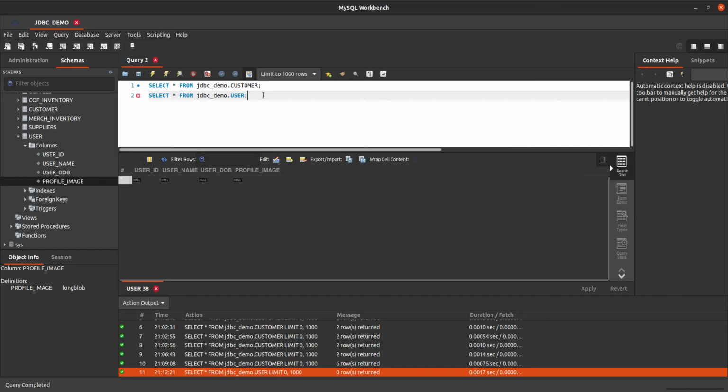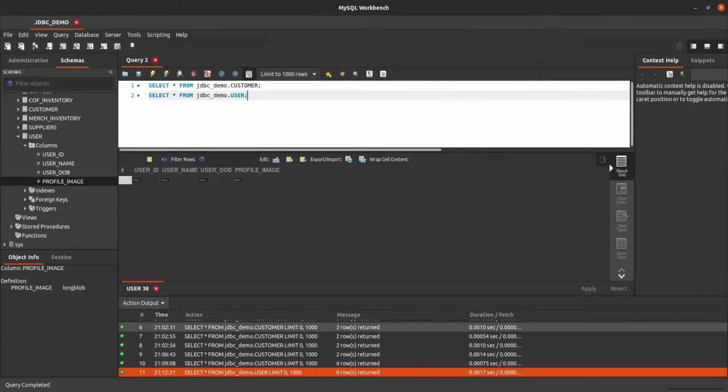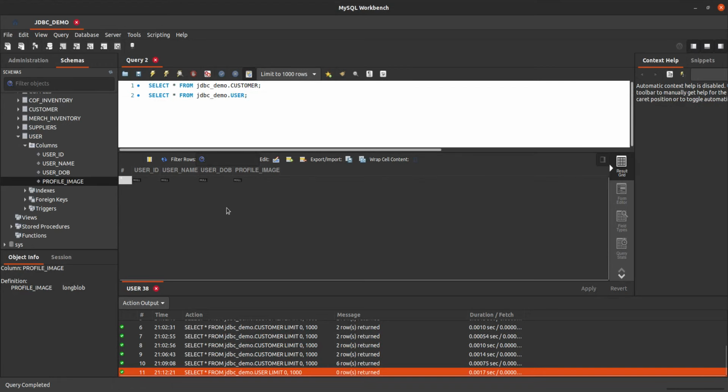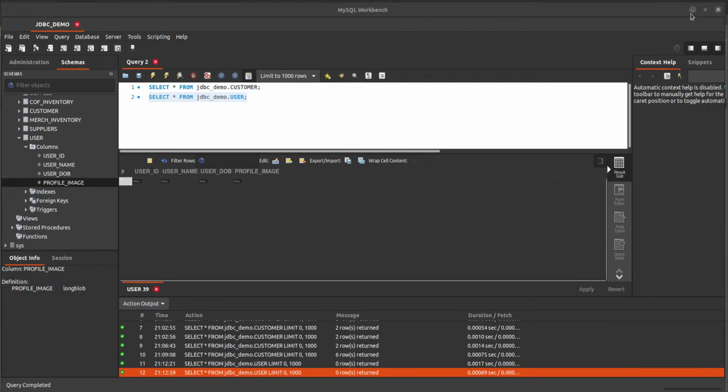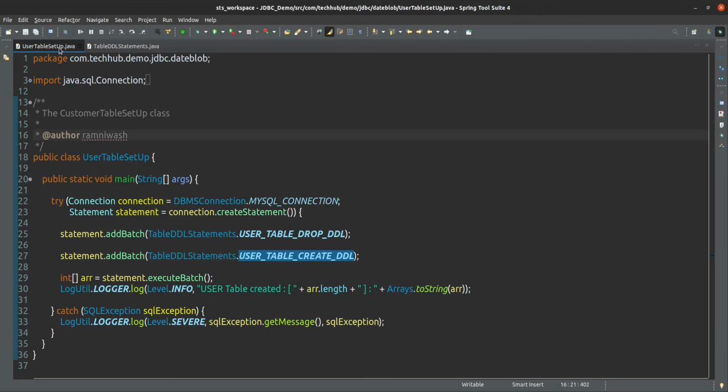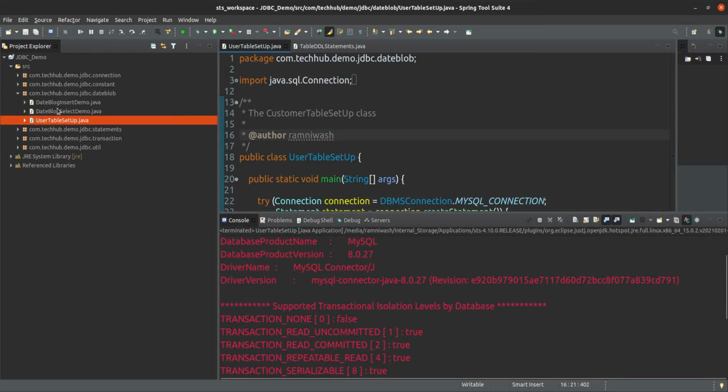So now we have to insert some data into this user table. Currently there is no data: user ID nothing, name nothing, date of birth nothing, profile image nothing. So we have to insert the data here first. So how can we do that?